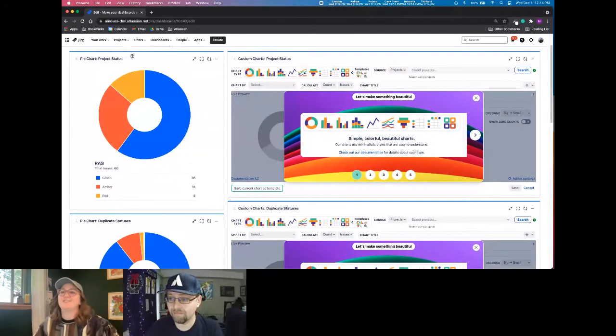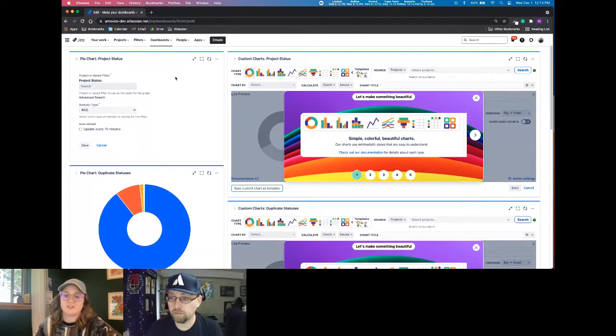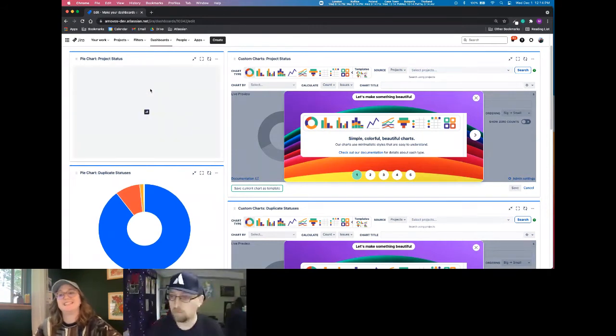So we've got first this project status pie chart. This is pretty straightforward. I'll configure it. This is the out-of-the-box Jira pie chart gadget. We're using a saved filter called project status, and we're using the RAG, which is a custom field that I've built. I can choose to auto-refresh it every 15 minutes instead of just when you load the page, and that's about all I can do. So if I save that again,